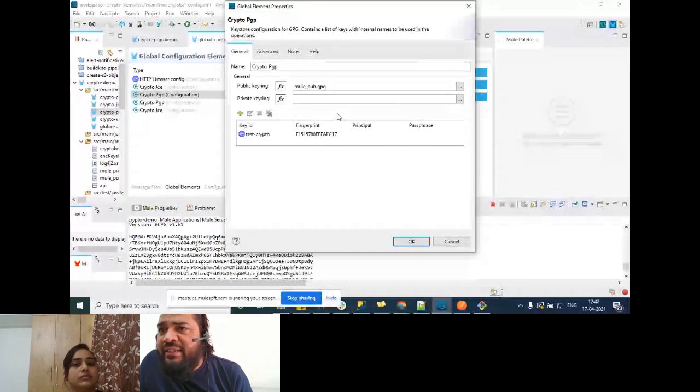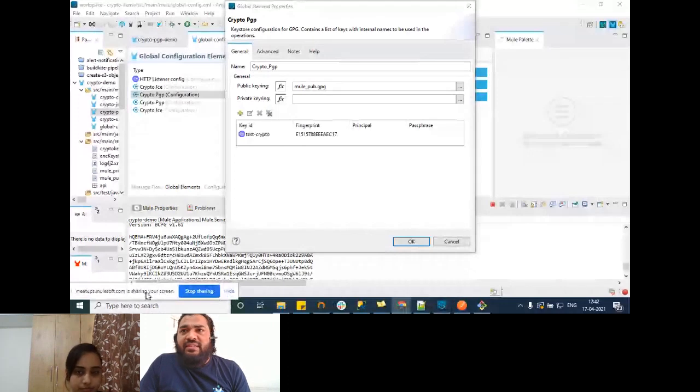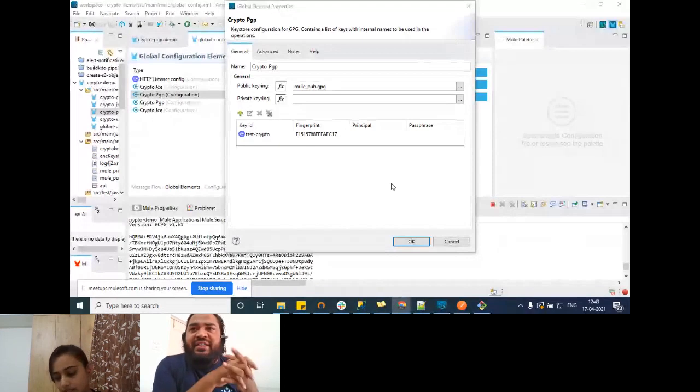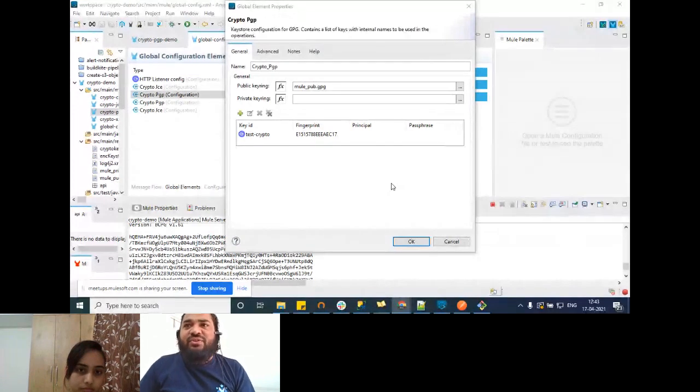There's one question: can the expiry date be extended or the key renewed? Is there any expiry date in the private key, public key? I don't think there's an expiry on the key. Okay. So basically, once we have generated it, it's for lifetime. Yeah, because I generated this application a few days back, and it is still there. Like with a public certificate and private certificate, those have validity. But here in PGP, we don't have a validity for the key, correct? Yes. We have finished the question.